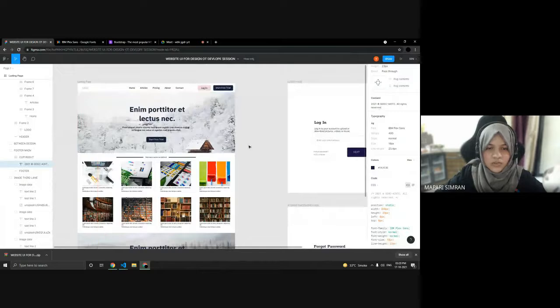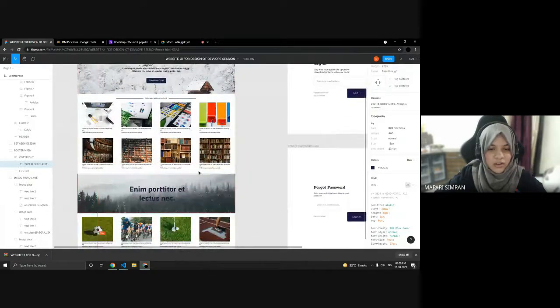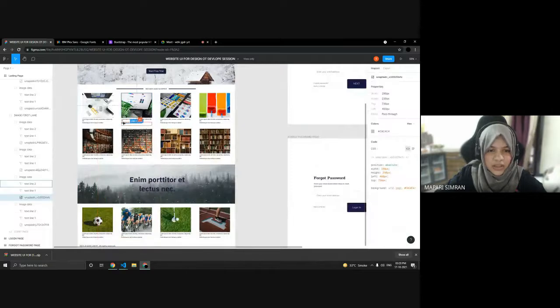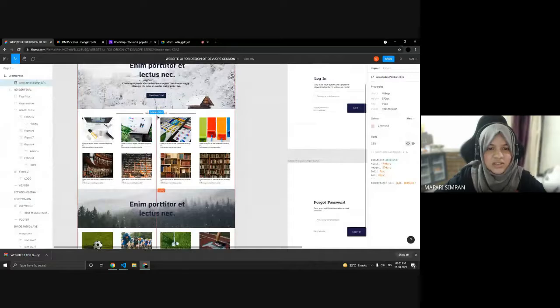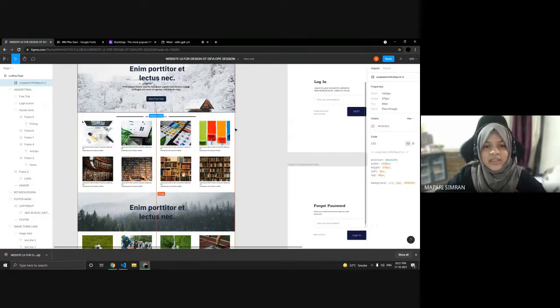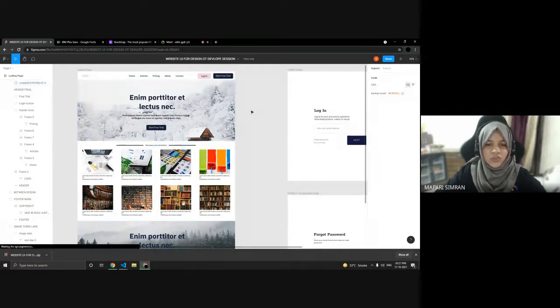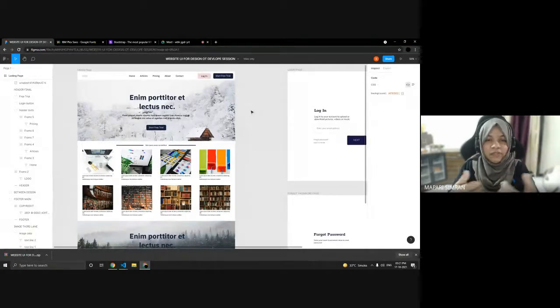And so all the inspection part of this design is done. In this blue box you can see the width into height: 280 px into 230 px is the size of this image, and the size of this image is 1440 px into 570 px. Okay, so that's the width and height. You have to keep all these things in mind before developing. You have to inspect the design properly. That's how you approach a design and then go for the development part.